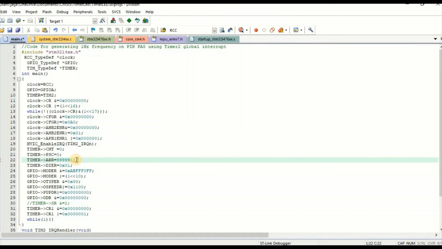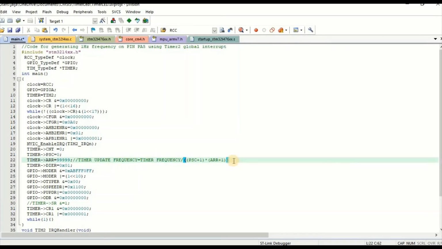To calculate the frequency you can use this formula: timer clock divided by (PSC, the prescaler value, plus 1) times (ARR plus 1). According to this formula, the timer update frequency is generated.